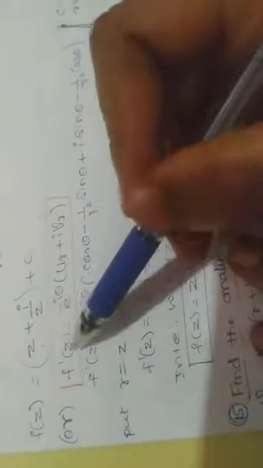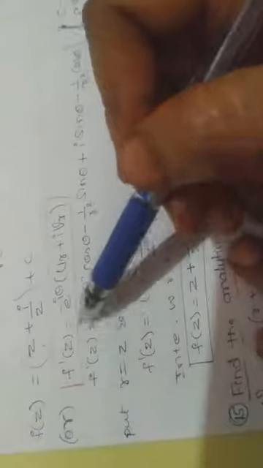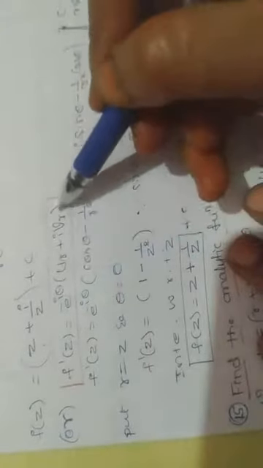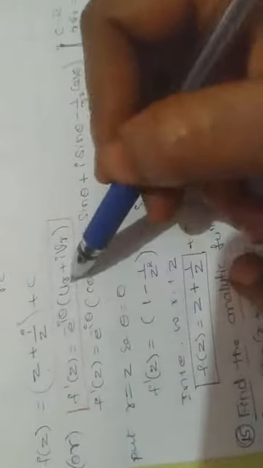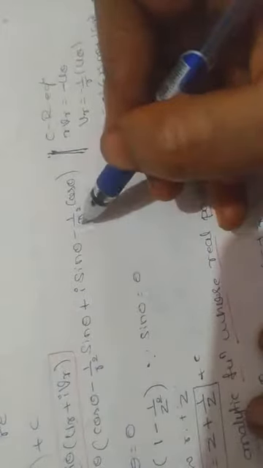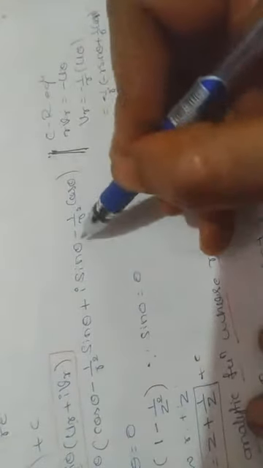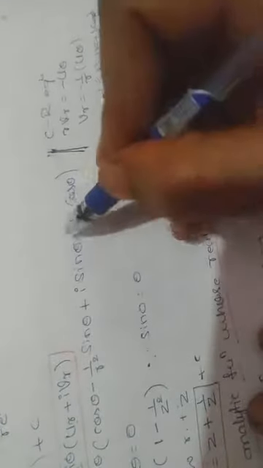Or in Milne's method, f dash of z is equal to e to the power of minus i theta times u r plus i v r. Substitute u r plus i v r, where v r is equal to minus 1 by r u theta. If you multiply, you will get sin theta minus 1 by r square cos theta, that you substitute here, in place of v r minus 1 by r into u theta. So f dash of z is equal to this much.